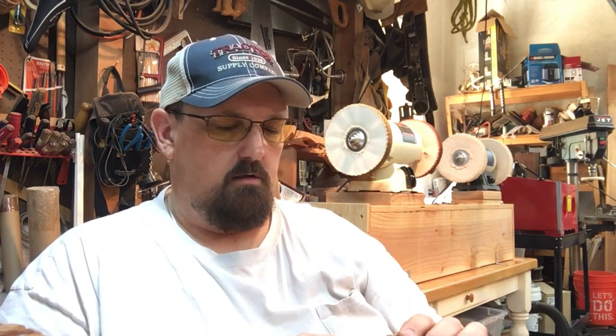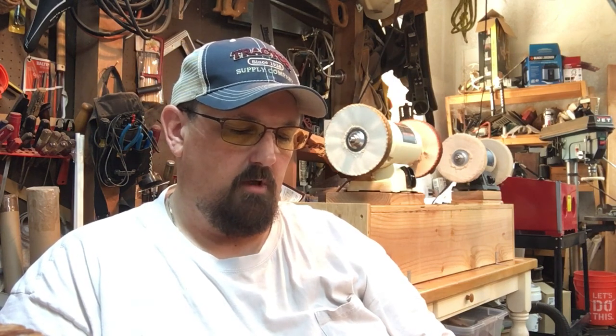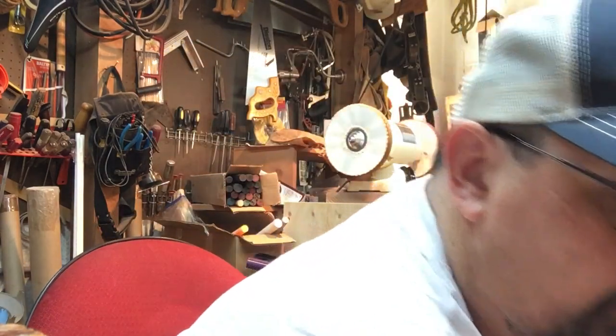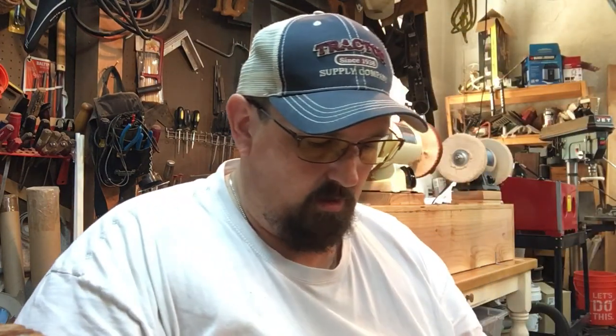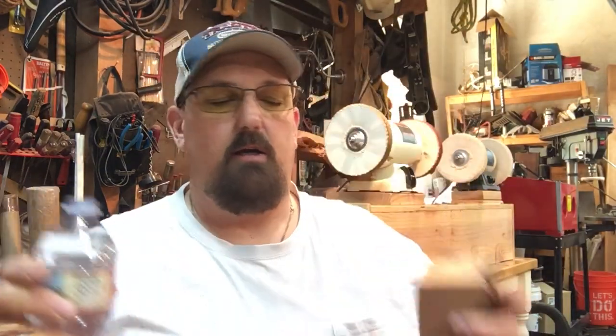Matter of fact, I might do that Bing out of this one. I don't know, this grain's a little tight on this one. When someone tells me they want a craggy blast on it, I'm looking for some wide ring grain on it, so that when I hit it with the blaster, it really gets nice and craggy. Now this one here, this is a nice block. This is a grade 3